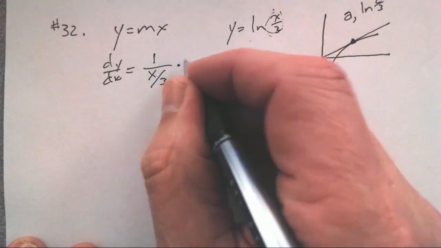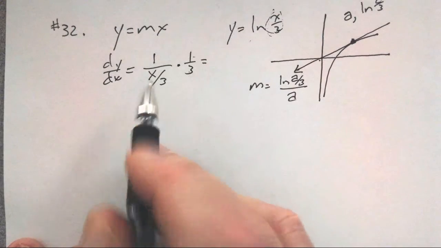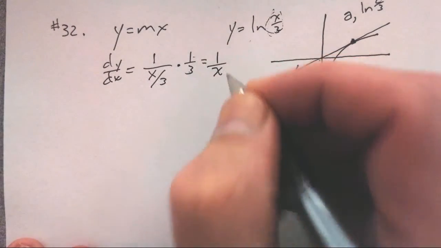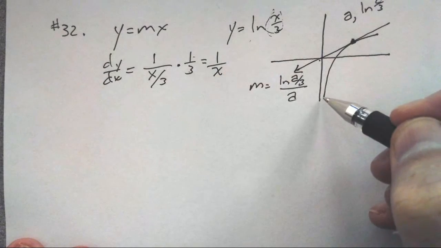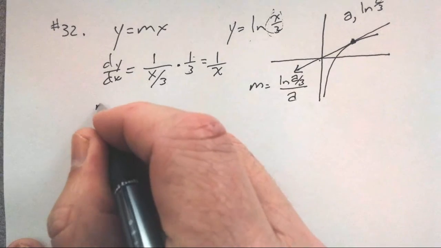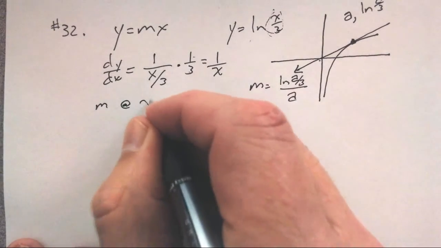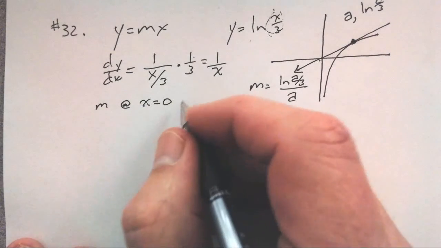The derivative of x/3 is 1/3, and interestingly the 3's cancel in the denominator, so we get 1/x. So this has a slope of 1/x, but we want that slope at x equals a, at that instant,